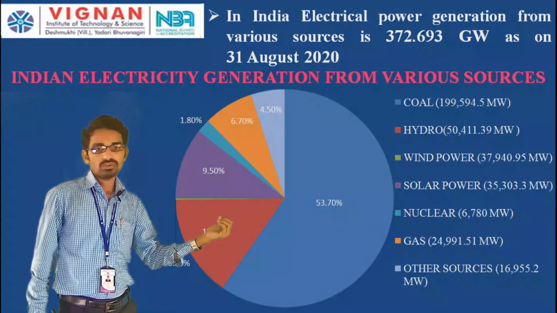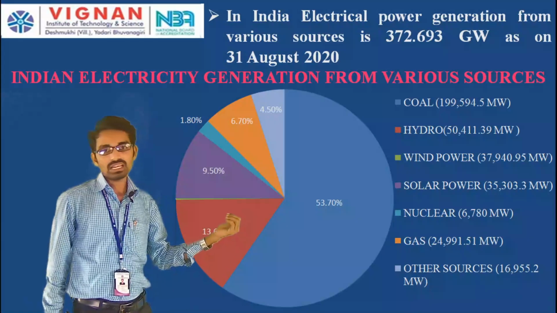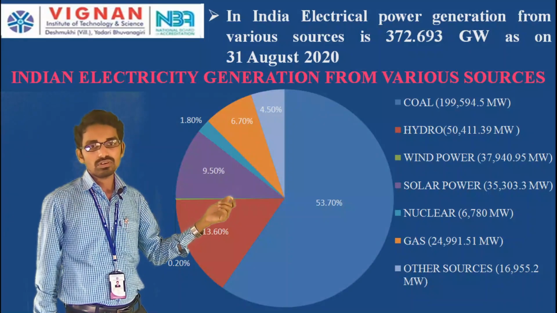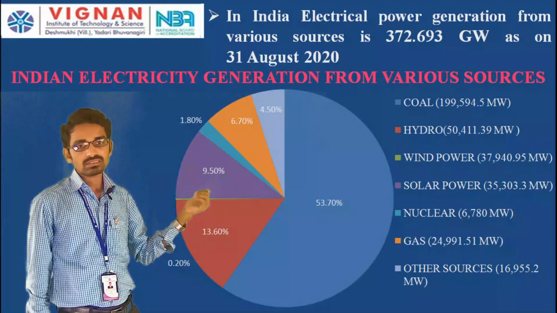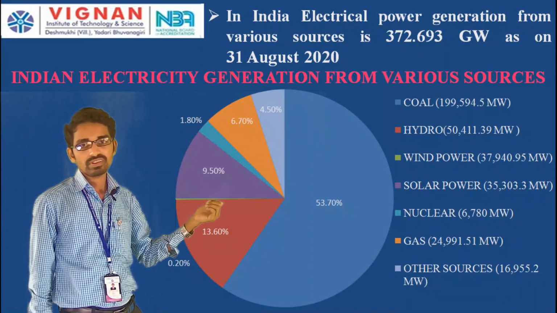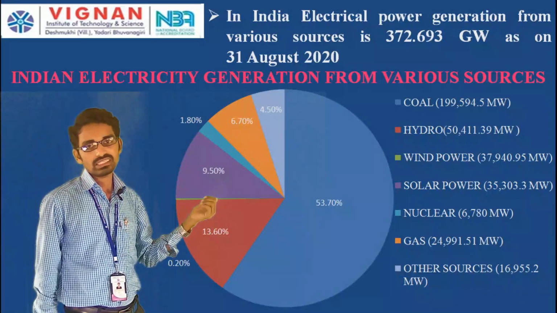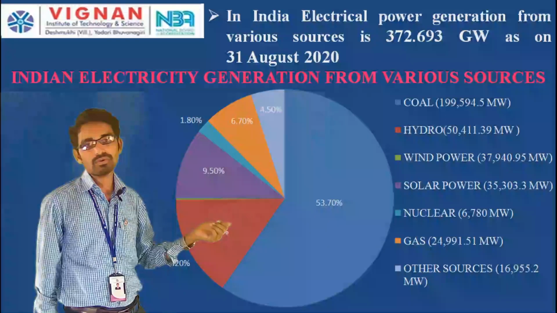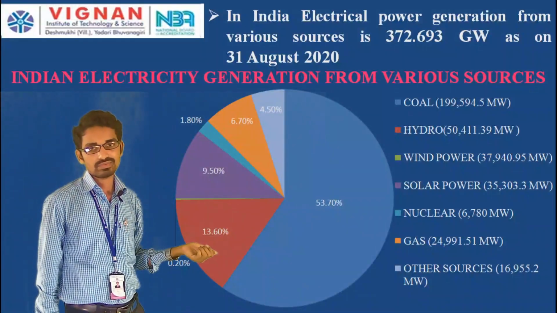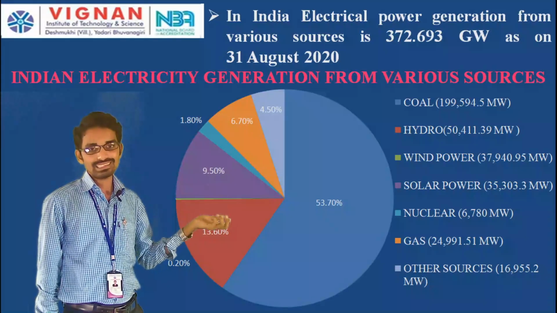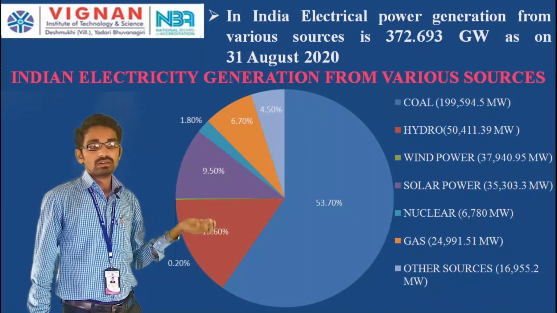If you go for the hydel power plants, you are having 13.6 percentage, and you are having wind power. If you come for the wind power, it is only 0.2%, that is 37,940.95 megawatts. If you come for the solar power, the generation is increased, because the cost of the solar power